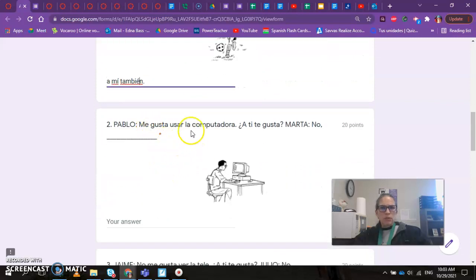It says, me gusta usar la computadora. ¿A ti te gusta? And then the other person says no. So this person likes, this person doesn't like, means that they don't agree. So when they don't agree, you need to make a new statement. So the person is saying no, so I'm going to say what I don't like to do. So we learned that to say something in negative in Spanish, you just put no before the verb.